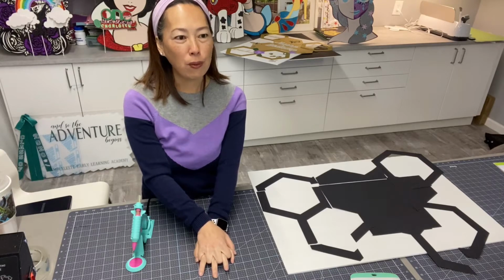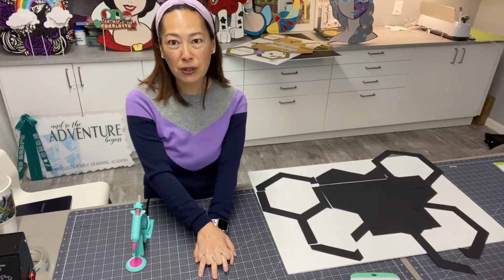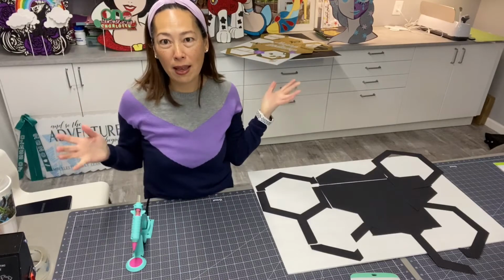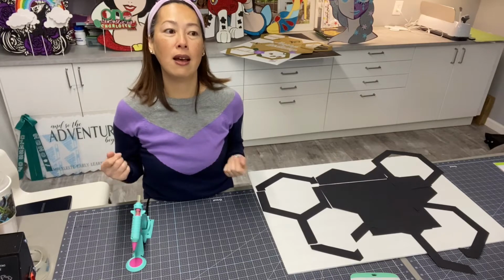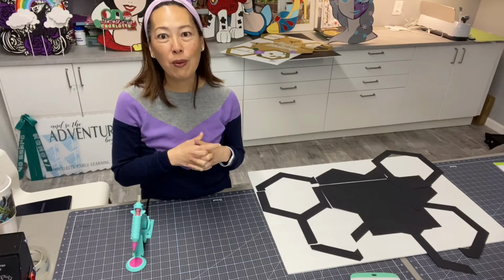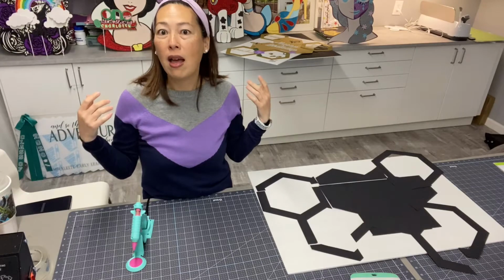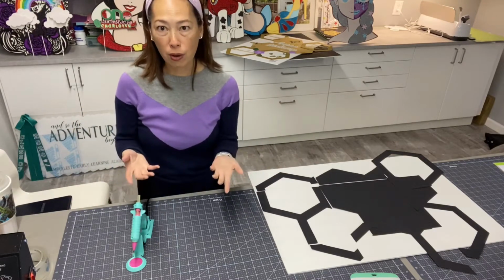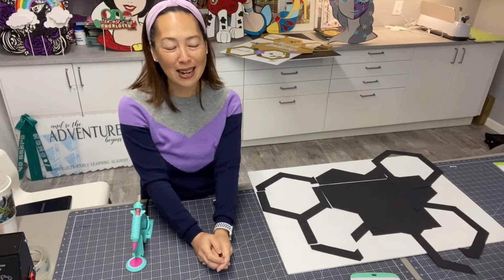We felt like what was missing in the marketplace is SVG files that are made specifically for parties. You know, we make big things, centerpieces, and these SVGs work for cupcake toppers or cake toppers or little things like shirts. But we want to make big centerpieces that will be the central part of your party or theme, and for you to sell if that's where you want to go with it, or for your own specific party. So the first one for our launch, which we're super excited about, is this bee